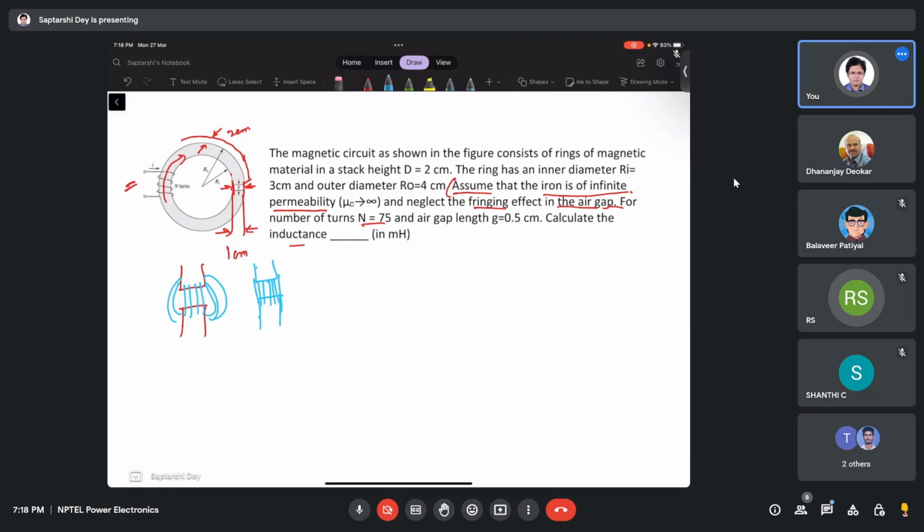Inductance L, we know that it's nothing but n squared times permeance. We have discussed this many a times, and permeance is what? Mu A by L, right? And this is air, so mu is mu naught. Area is 1 centimeter times, what is the air gap length? 0.5 centimeter, 10 to the power minus 6 divided by,